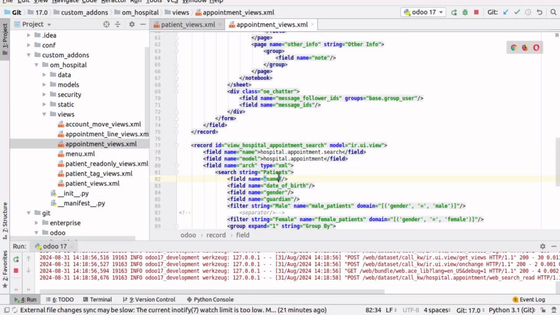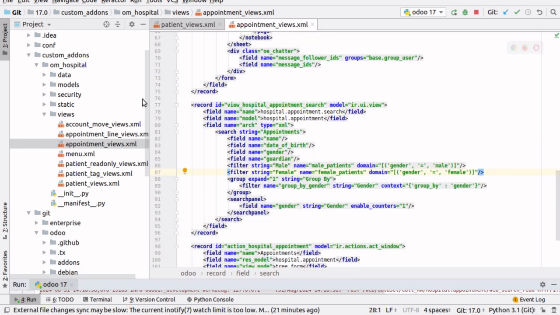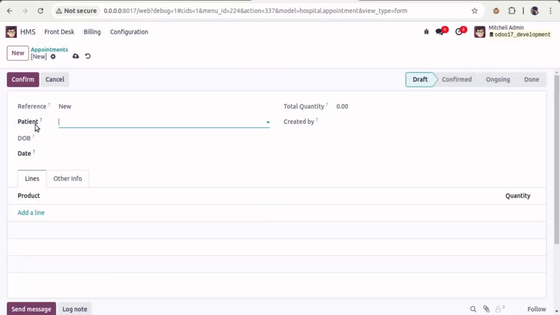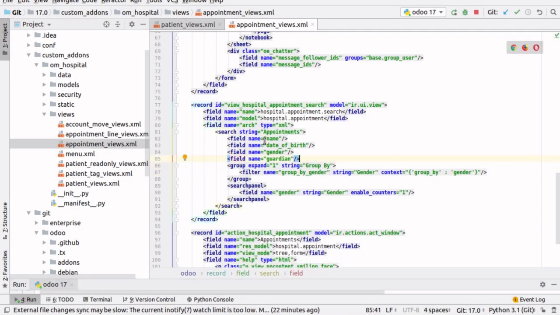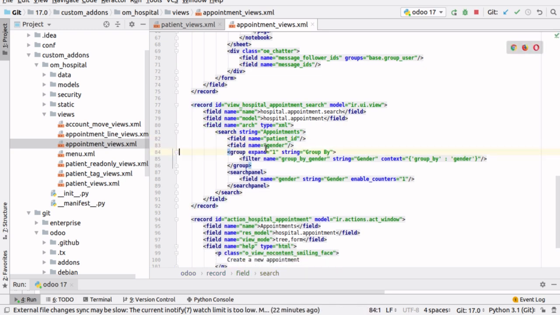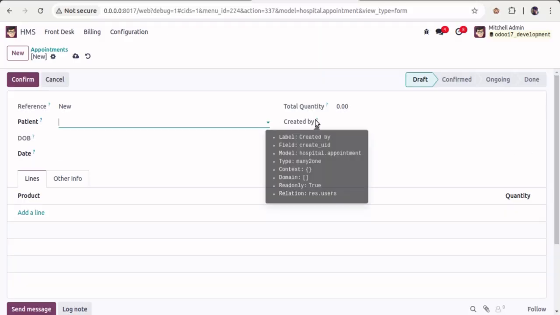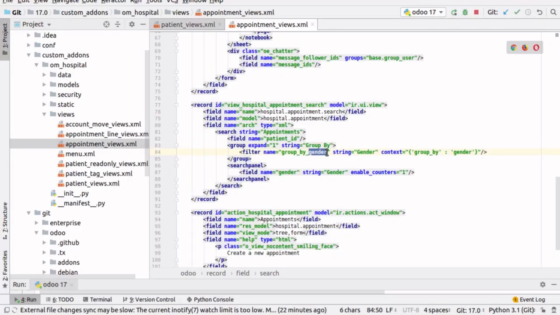So I have just updated the name, search string. I'll name it as search string inside appointments. And what all fields we have in the appointment model. Here I'll just remove the filters. We don't need any filters. I have to search by patient ID. Date of birth we don't need. I'll keep a simple thing. Group by gender we don't need. I just need group by create ID or group by patient ID. So group by patient,